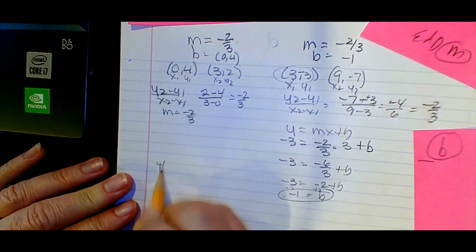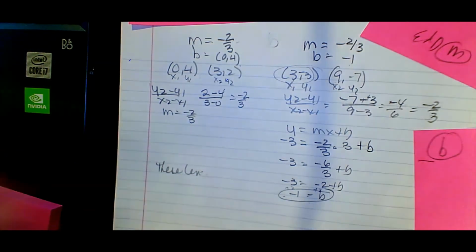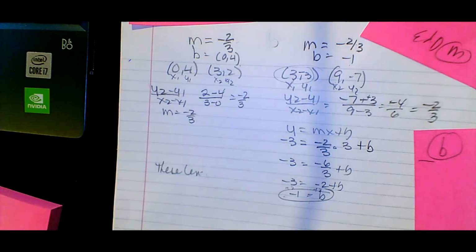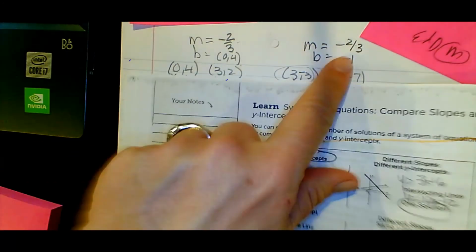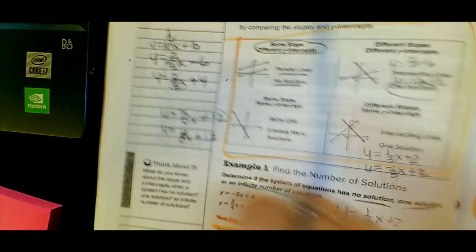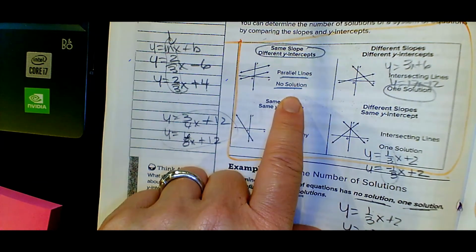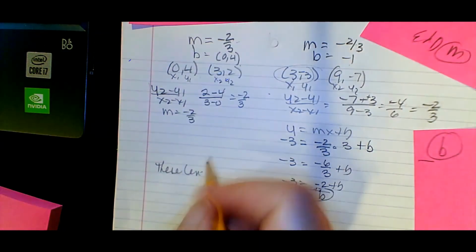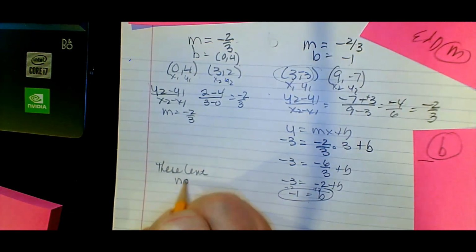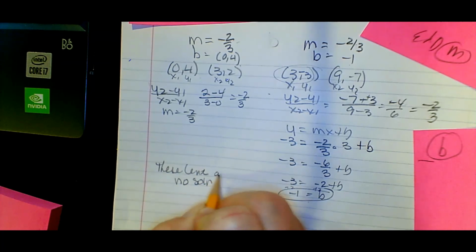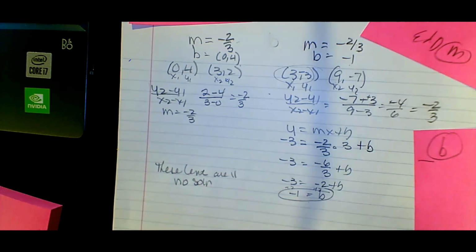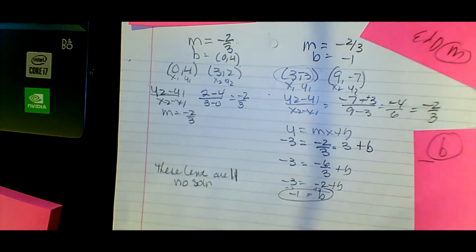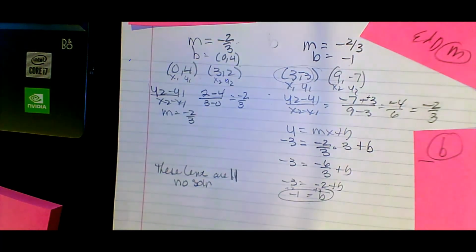Let's go back to our notes, because if you can't remember, I can check our notes. We have same slopes, different y-intercepts, parallel lines, no solution. And if you put down parallel lines or no solution, I'll take either. But start getting the habit right now of writing no solution. They're parallel. That's what this means. Parallel lines, no solution. Okay. So go ahead and do that last check